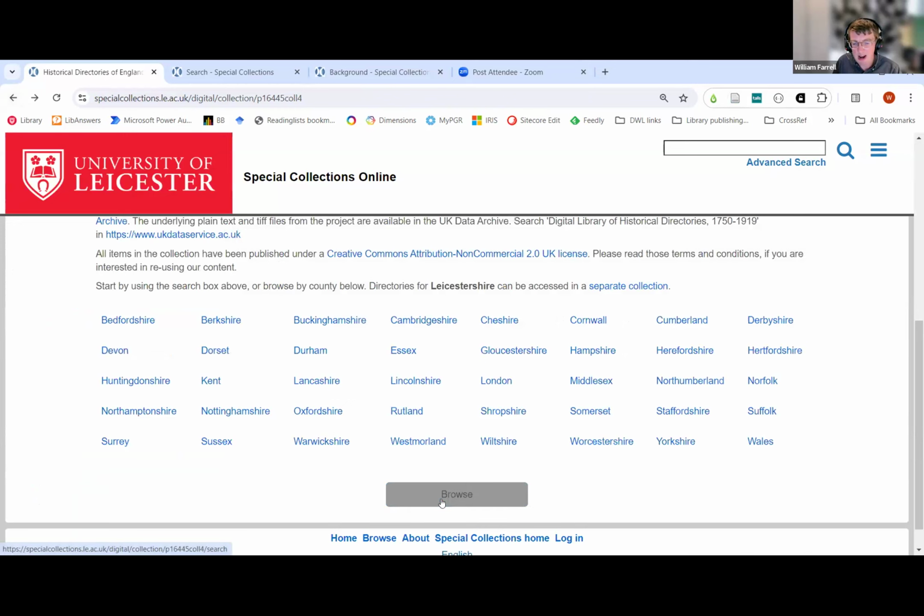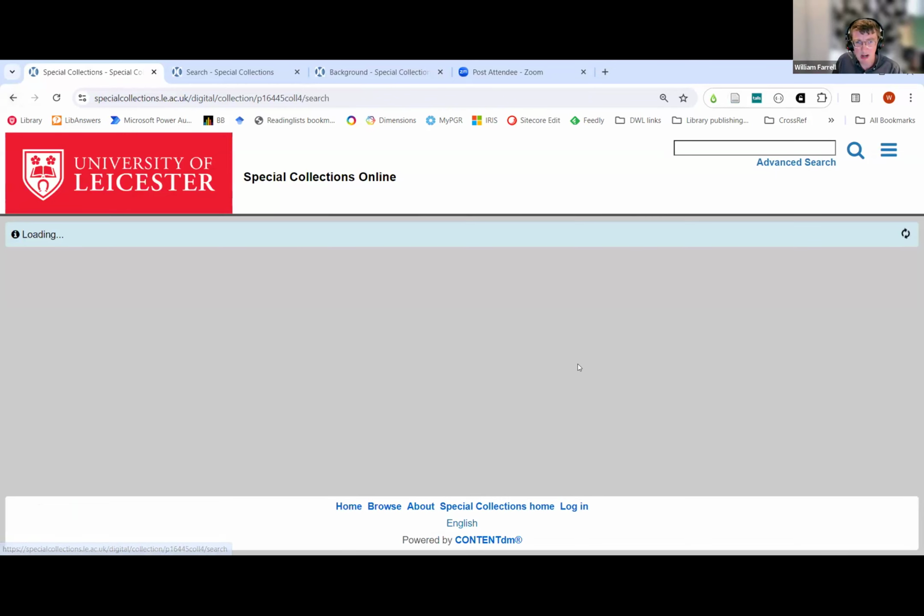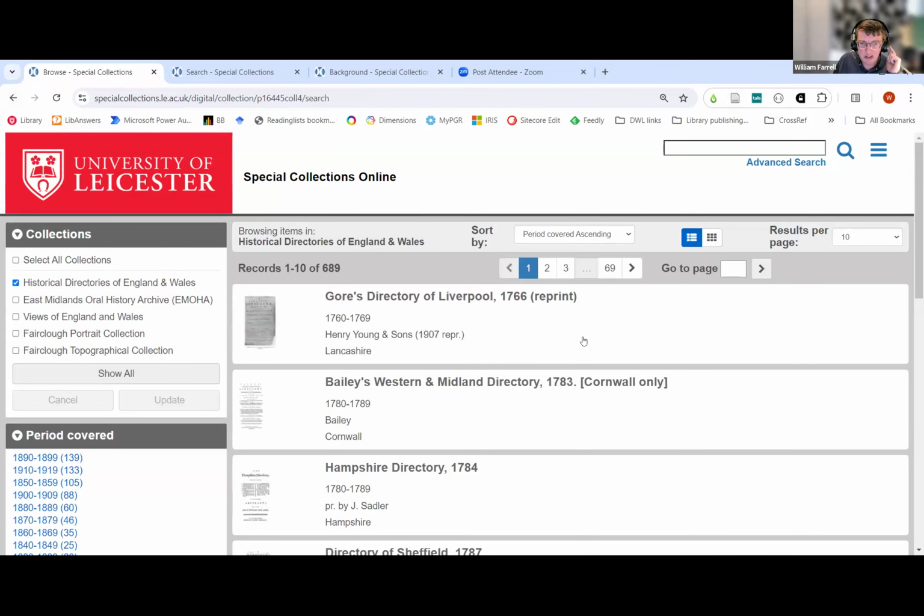Or if you want to browse all of them at once, if you click browse, you'll get all 698 listed for you. See that the oldest one is for Liverpool from the 1760s, although it's actually a reprint. And so if you do think I just want all the London ones and I want to work with them in my own time,